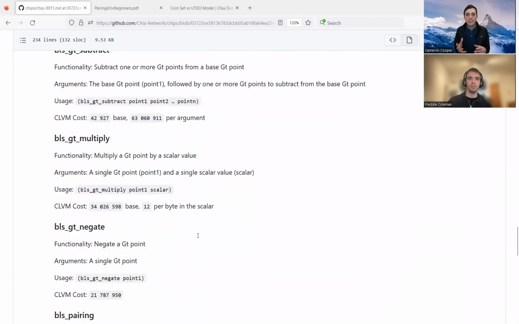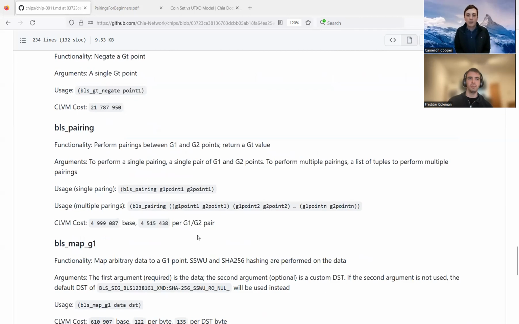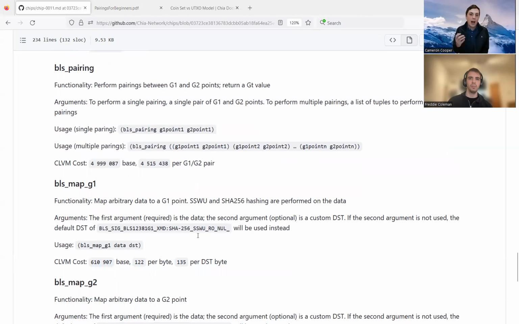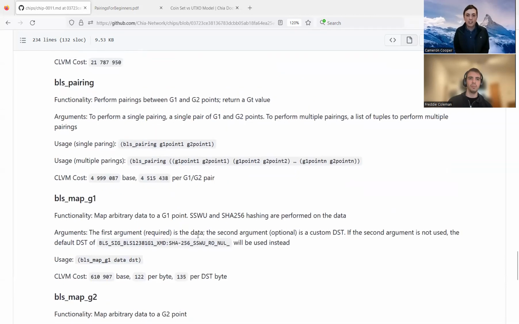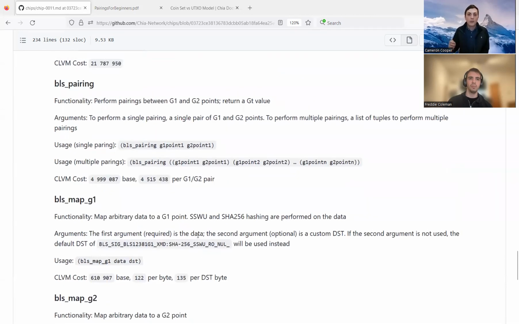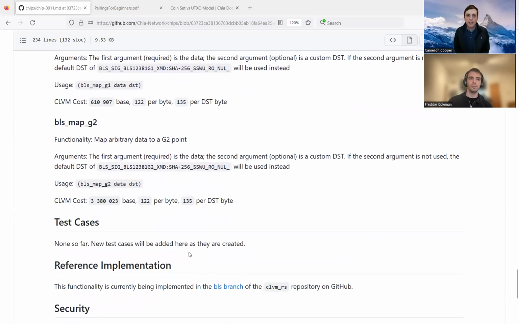If you've got a message and you want to make a signature using your key, you do a pairing operation. And so that's another thing that we had to do to pair those curves. And so we've added a pairing function. And then finally, the output of the pairing is actually what they call a GT point. And so we also needed all of the same add, subtract, multiply, and negate, just basic math primitives for GT